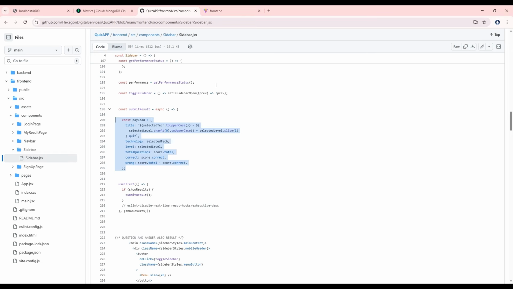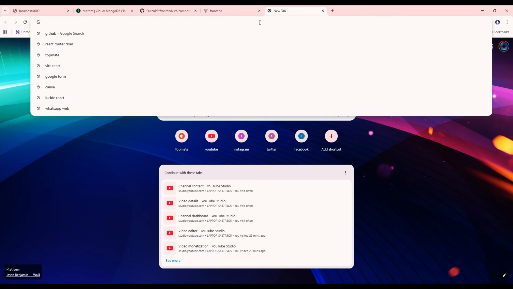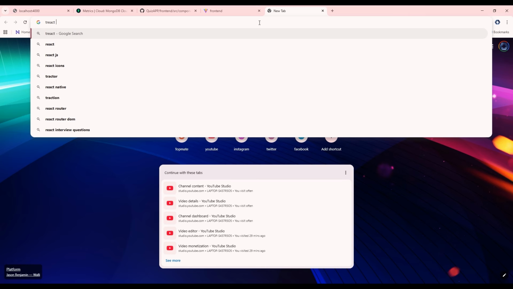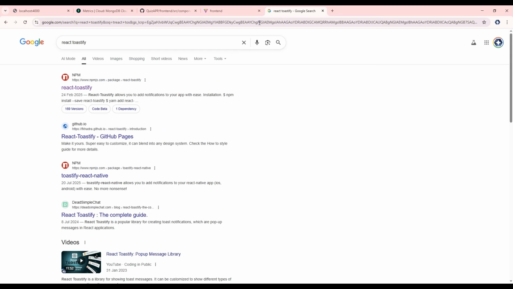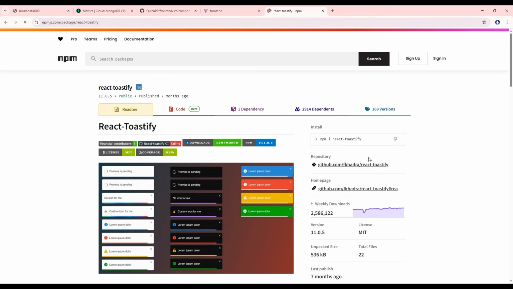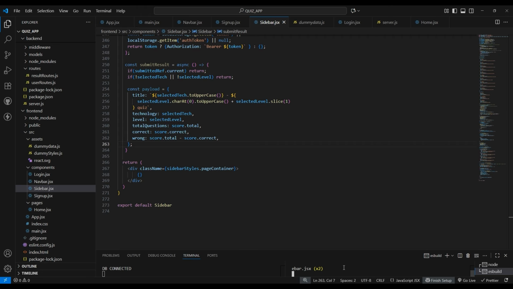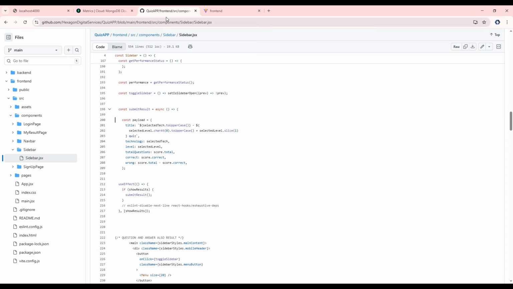Now after this, let me search on a different tab for React Toastify and click on this first link, copy this command here, and now in your terminal let me just terminate it and paste it here. Now let me run it again, npm run dev, and let's install npm axios for the connection to the backend, and let me just close it here. Now let's refresh it here,